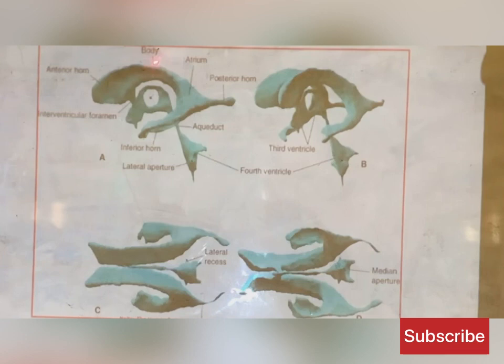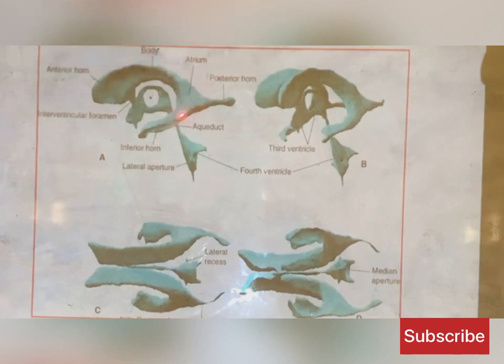While I said that the body is located in the parietal lobe, the body also extends backward into the occipital lobe. You get it? This extension of the body of the lateral ventricle into the occipital lobe is what we call the posterior horn of the lateral ventricle. Similarly, the lateral